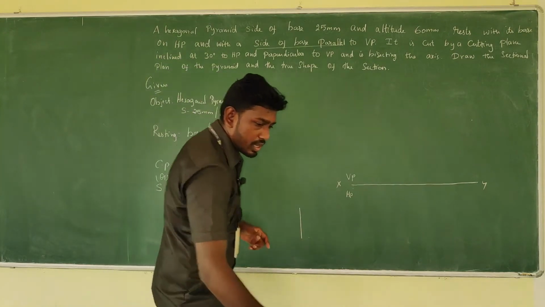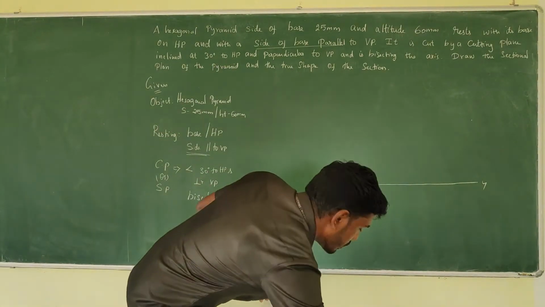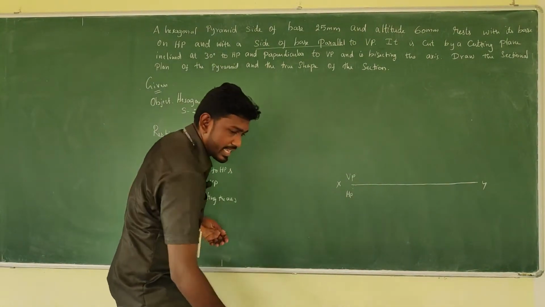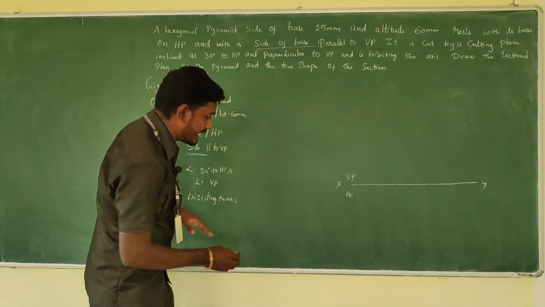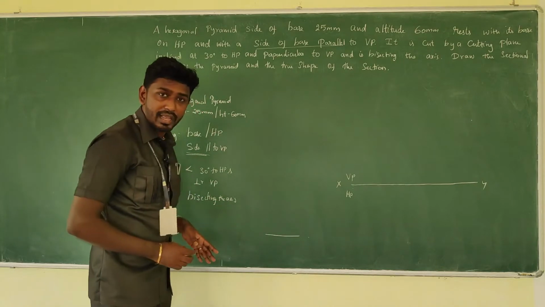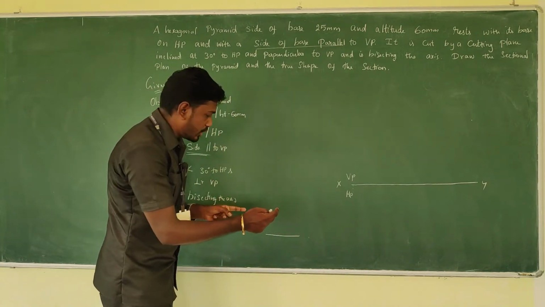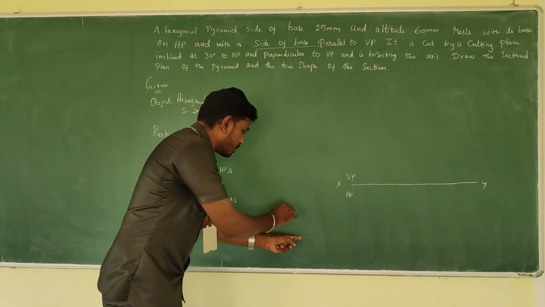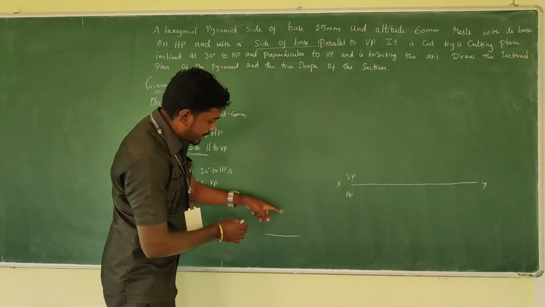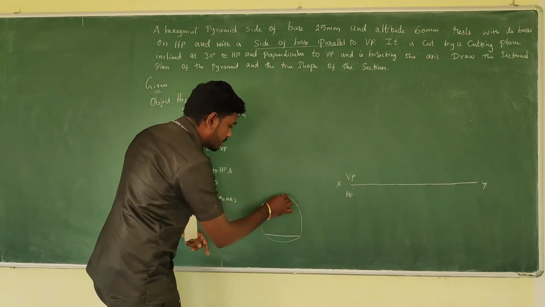And afterwards, since one of the sides is being kept parallel, first we take a horizontal line. So first we need to draw a 25 mm horizontal line. Afterwards you need a center. So just measure the distance in your compass and make a cut mark from both ends. So you will get the center. By keeping this center, go for a circle, so that the circle will be something like this.